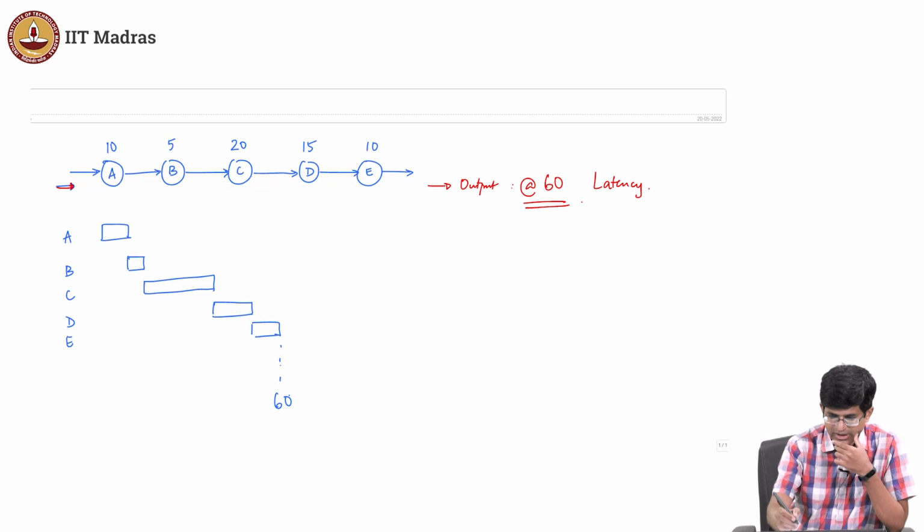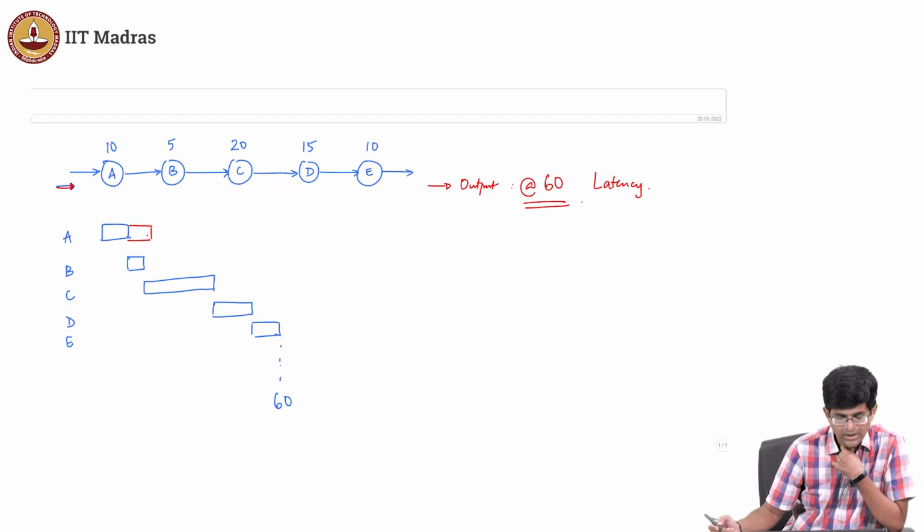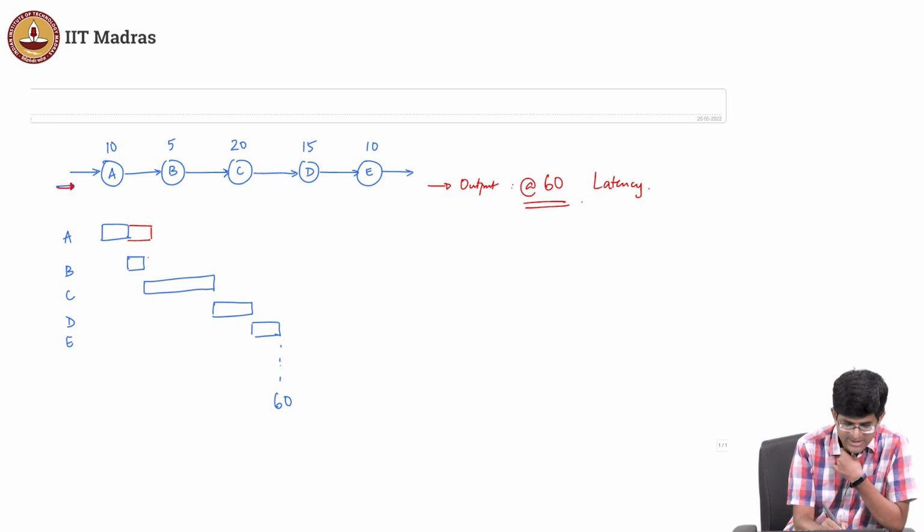But let's look at the next piece of data that I have. When can A start operating next? It can actually immediately start doing something. It does something out here and generates the next piece of data. After that B starts, and once again it only depends on this, which means that 5 time units after this B is ready. Now what about C?